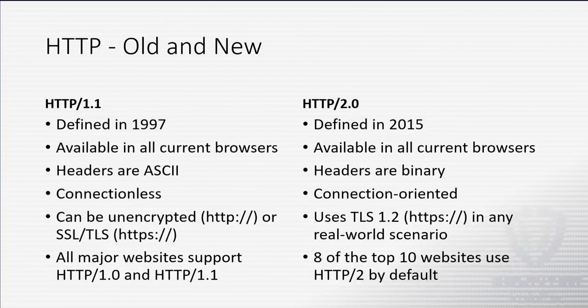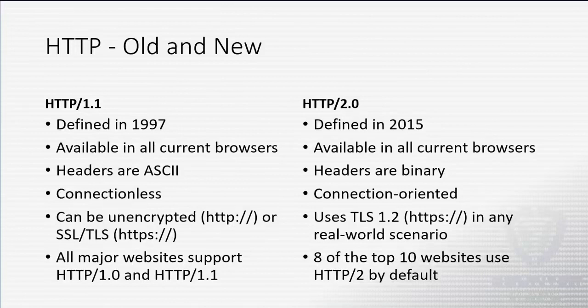With 1.1, we do still have some unencrypted, just regular HTTP websites, but of course, most things we're doing anything sensitive on are going to be TLS, and that's your social media, your email, or whatever. With 2.0, the RFC actually allows for an unencrypted HTTP2 connection, but no browser will speak it. Really, the only tool I've found that will speak unencrypted 2.0 is curl, and we'll play with that in a little bit.